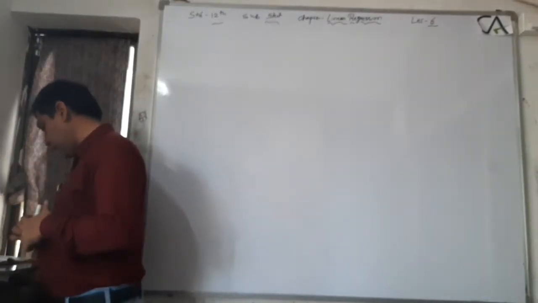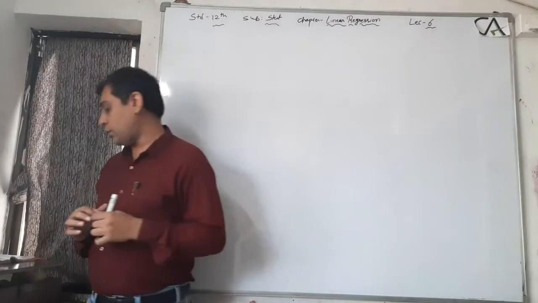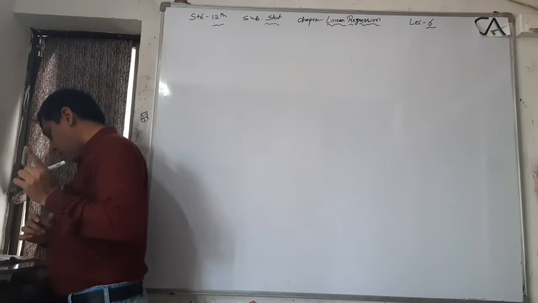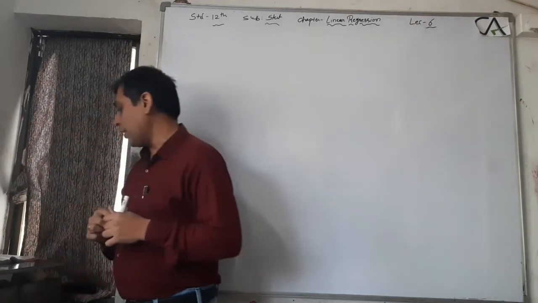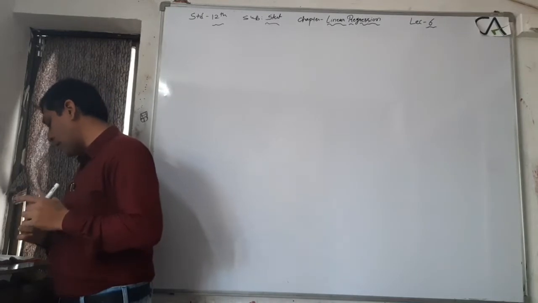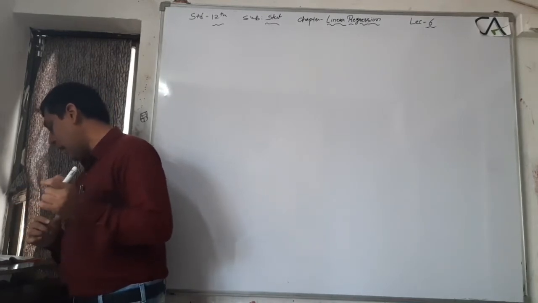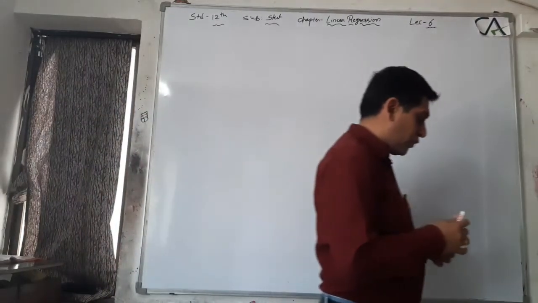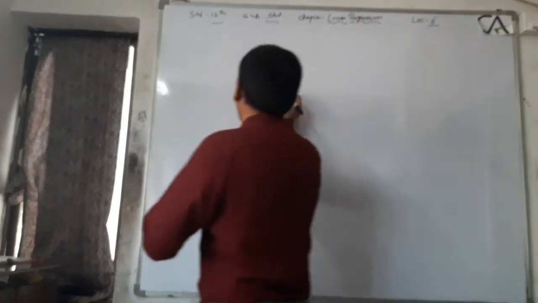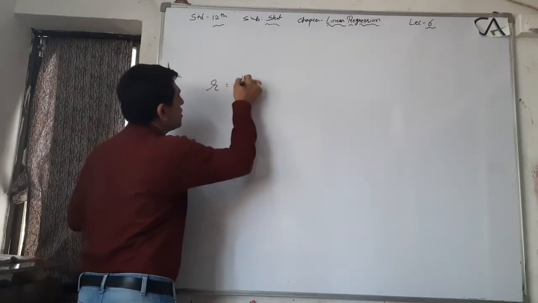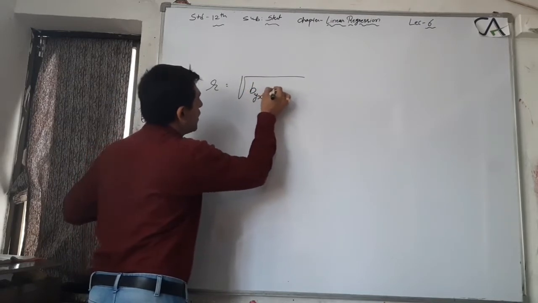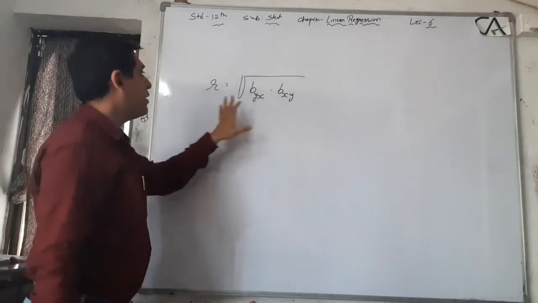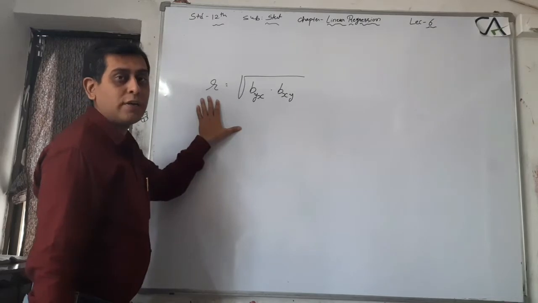Now this is a short theory, so I will explain it to you. Page number 144. Properties of regression coefficient. First one: correlation coefficient R and regression coefficient B are either both positive or both negative. What does that mean? First of all, this is the relation between regression coefficient B and correlation coefficient R.